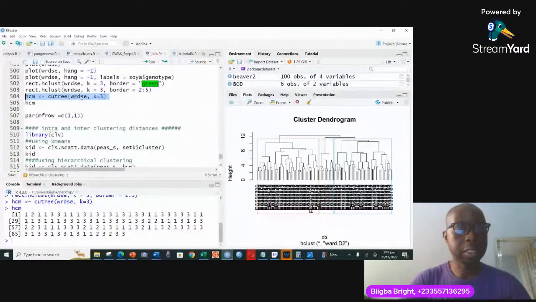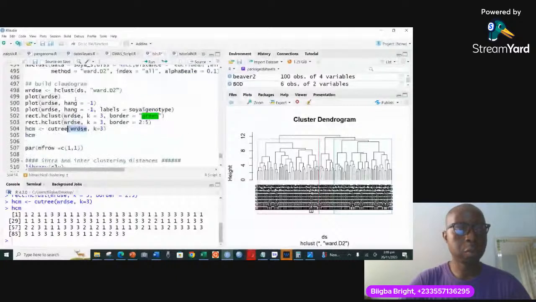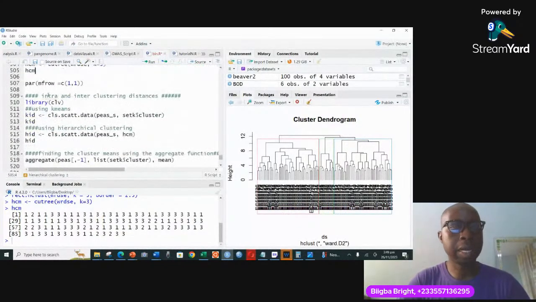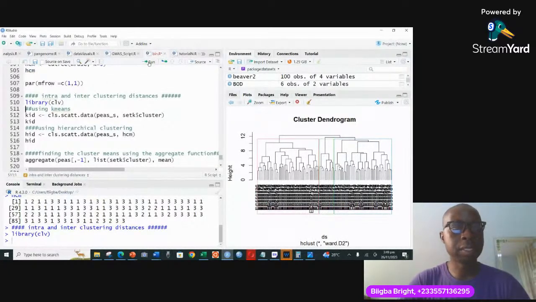So we've created, we are using cutree, and we are using this one that we have already. Remember, we built this one from the hclust using the distance that we had already created, and we packed it into this variable. So that variable is what we are now using here with the cutree, and pack it into HCM. And then the HCM I've already shown you, which is here. So now we can check the intra and the inter-clustering distances using what we have built on top here. Okay, so I can come here and then library the clv package, and then that one is going to allow me